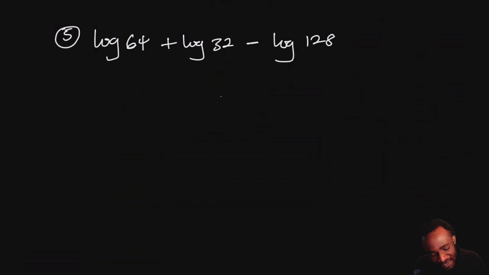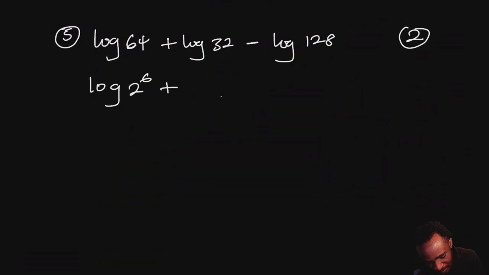And in this case, their simplest common factor is 2. So you're going to find out how many times you can multiply 2 by itself to get 64, how many times you can multiply 2 by itself to get 32, and how many times you can multiply 2 by itself to get 128. And in this case, 2 multiplies itself 6 times to get 64,